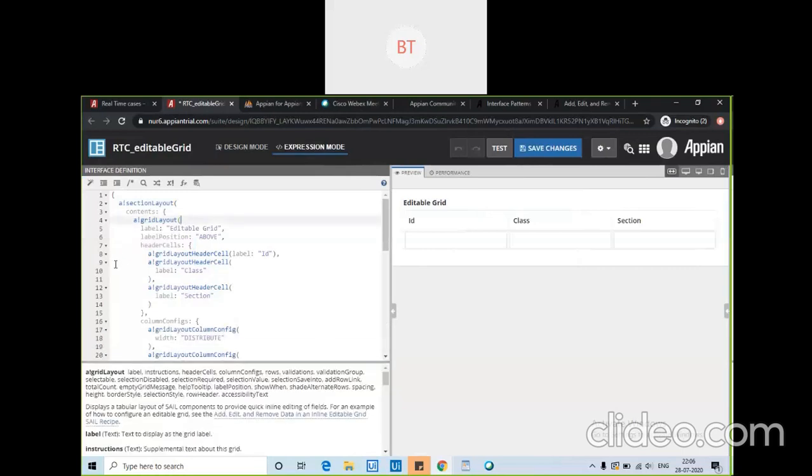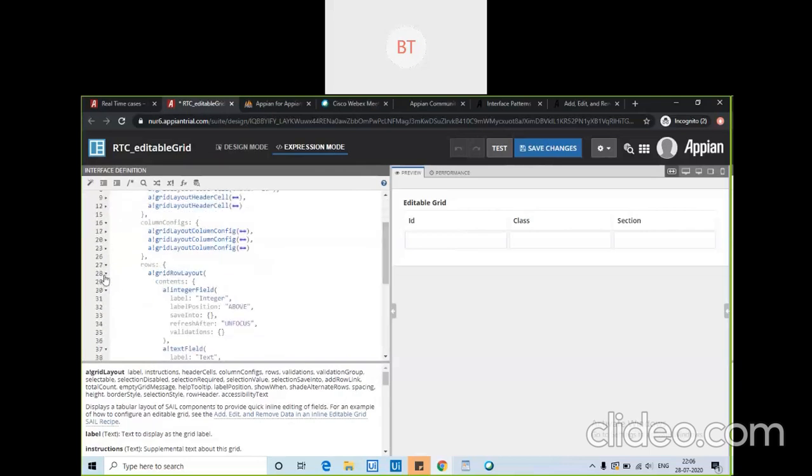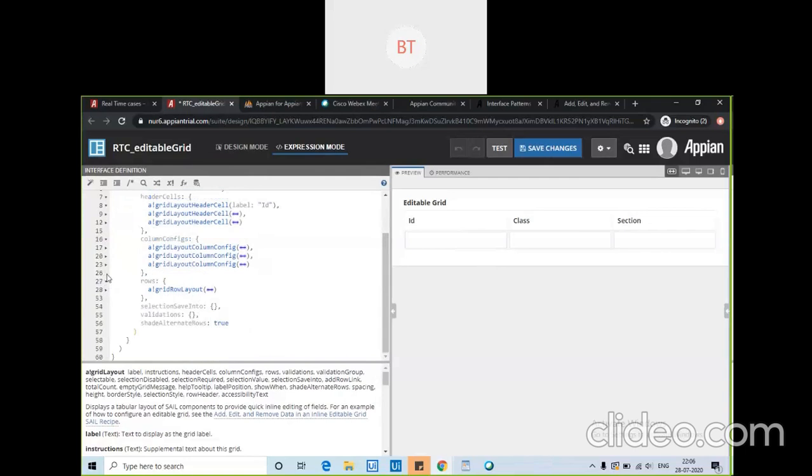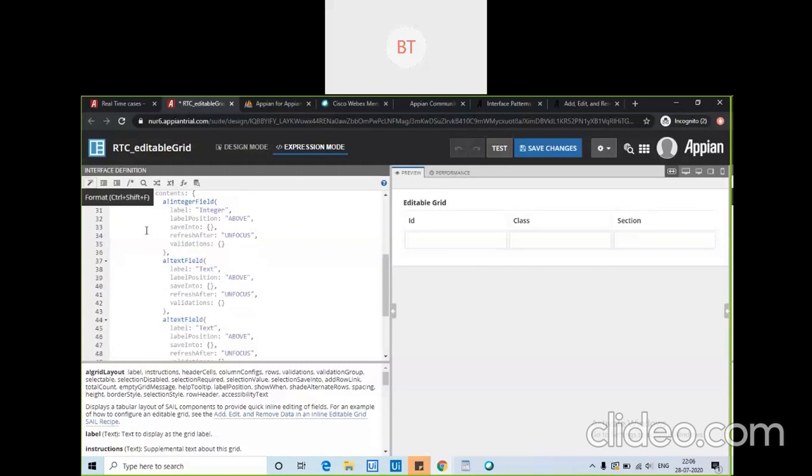Here we configured 3 headers, then 3 column configs. Then this grid row layout will make the row for this editable grid. This is the function of the grid row layout. In grid row layout, what fields do we have? 1 integer field and 2 text fields.